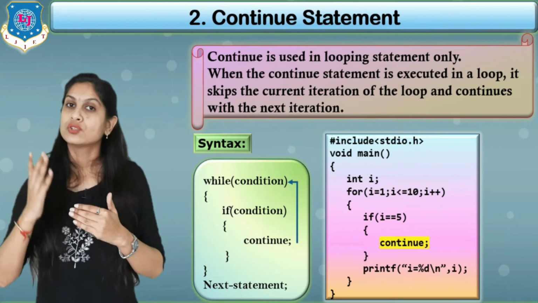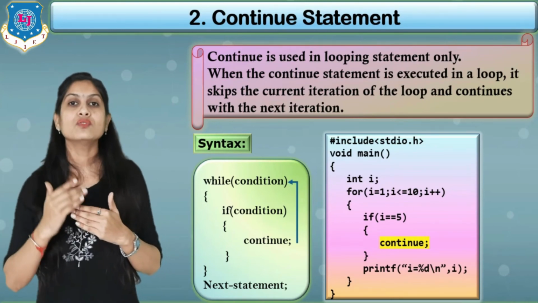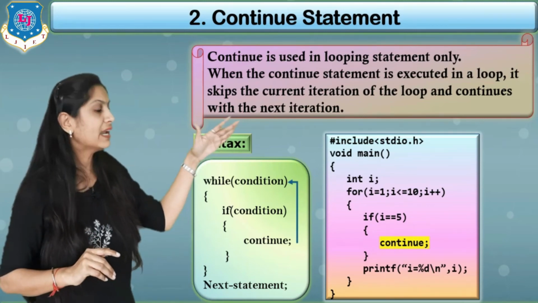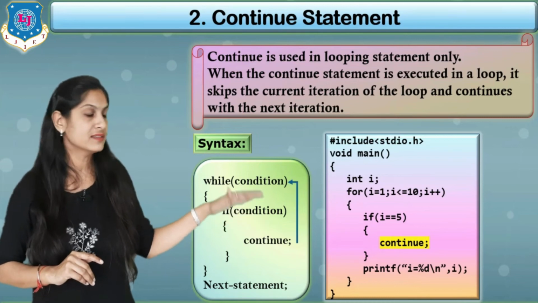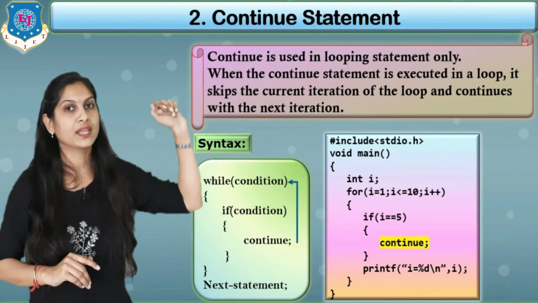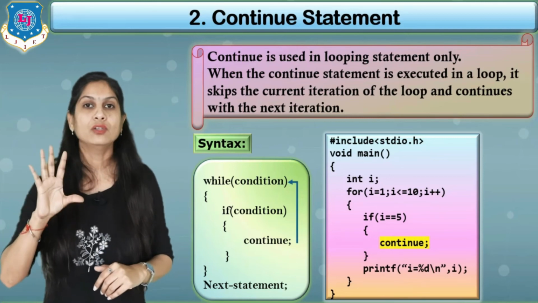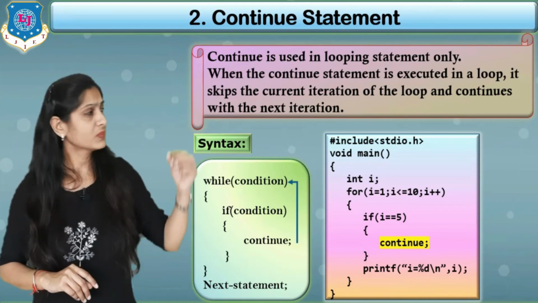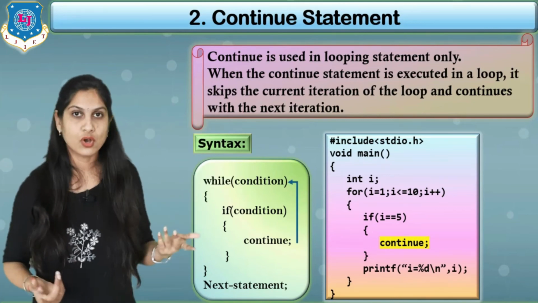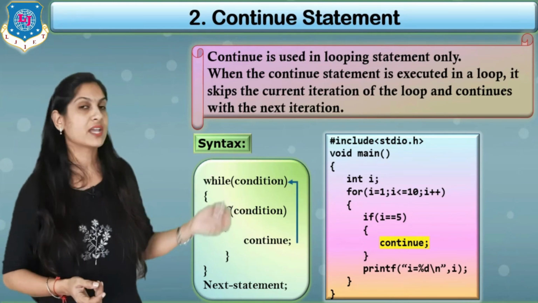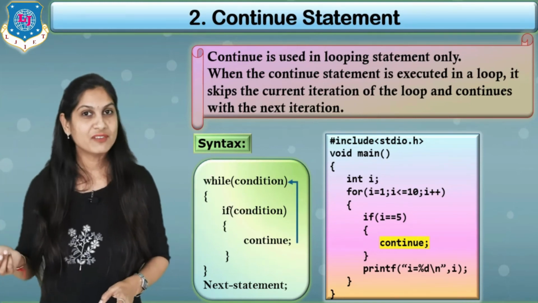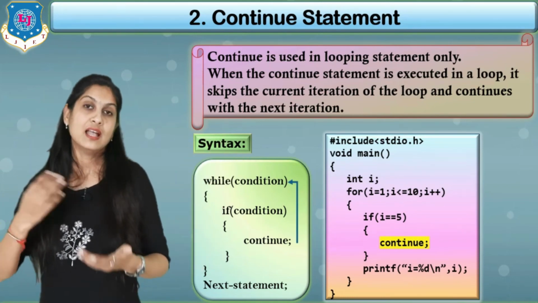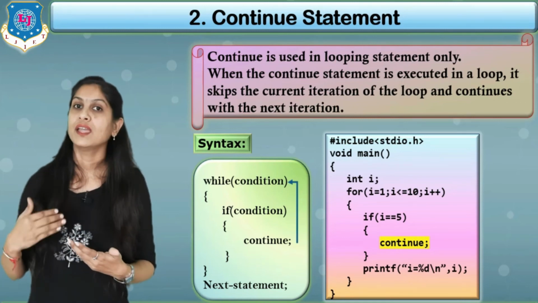So what is the use of continue? The continue statement skips the remaining part and starts with a new loop iteration. So simply it skips the printf statement and moves to the for loop again. So in that case the value i equals 5 will not be displayed, and i becomes 6. Is 6 less than 10? Yes, obviously. So go inside and check the condition. Now 6 equals 5 becomes false, so skip that continue part and print i equals 6. Likewise it prints 7, 8, 9 and 10.